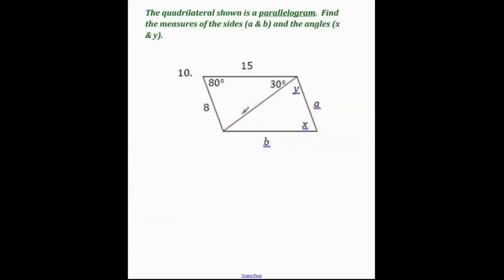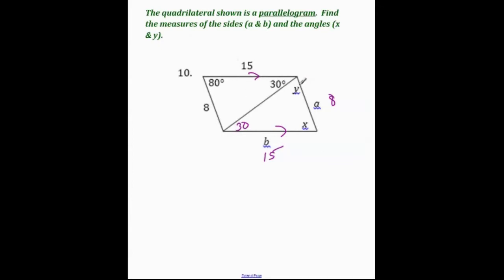Here we have a quadrilateral, and basically we're going to solve for a, b, x, and y. So the x and y are the angles, and a and b are the sides. Using our definitions, opposite sides are congruent. We know that this is going to be 15, and this one is going to be 8. Now, given parallel lines, we have parallel lines here and here. We know that alternate interior angles are going to be the same, so that's going to be 30 as well. But that doesn't really help us on this particular problem, other than the fact that we have